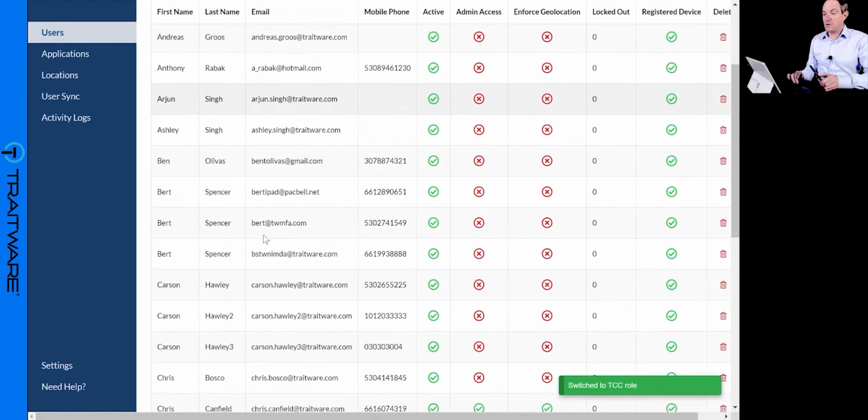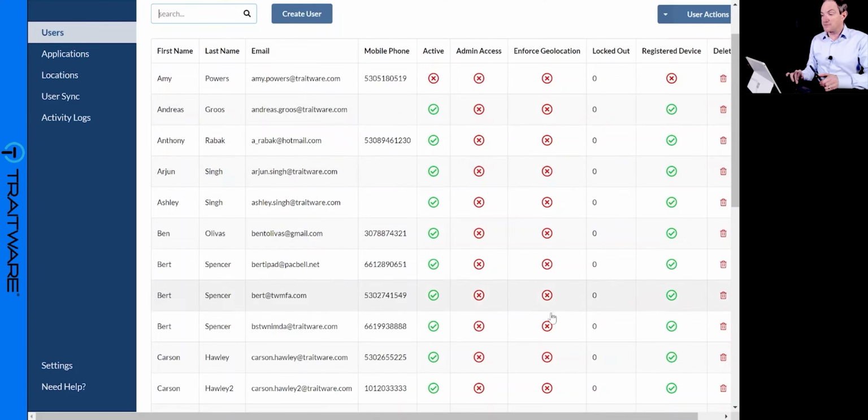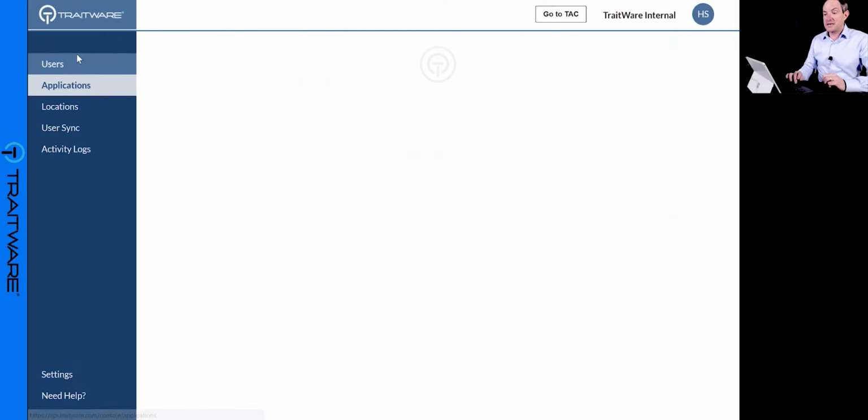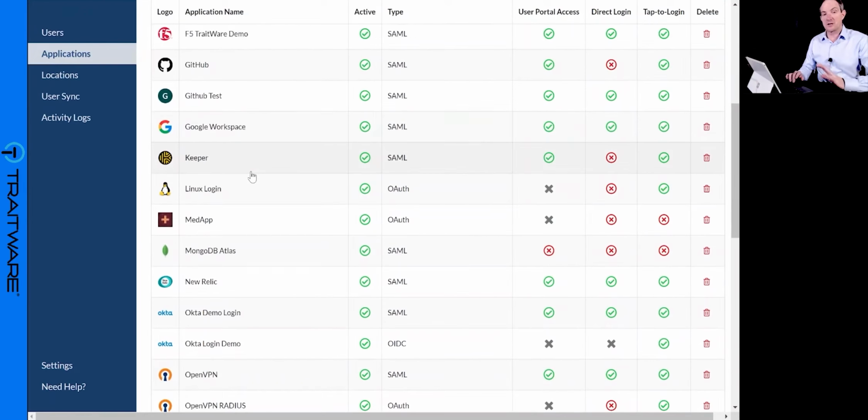So you can see we have a whole list of users. You can see whether or not they're active, whether or not they've got admin access, whether or not we're enforcing geolocation, whether or not they've got a registered device, whether or not I need to delete their device, etc., all from that admin console. Again, going back to applications, here we have a whole list of applications that are provisioned